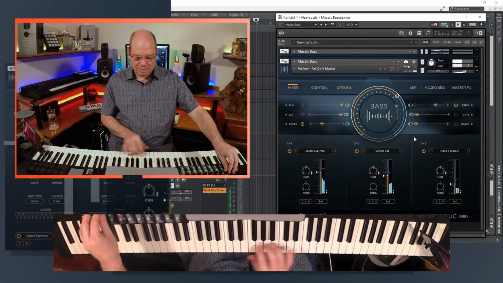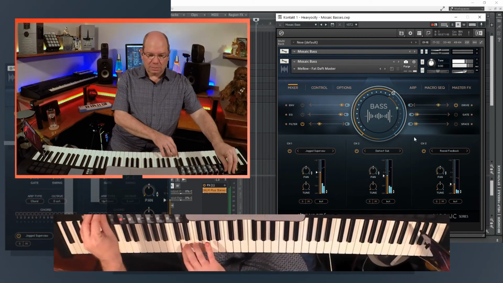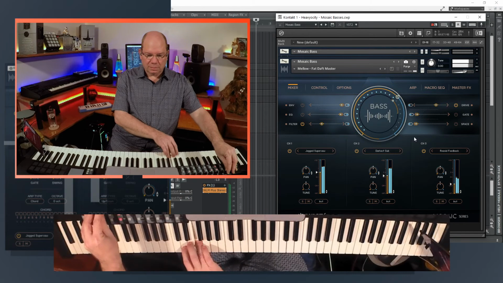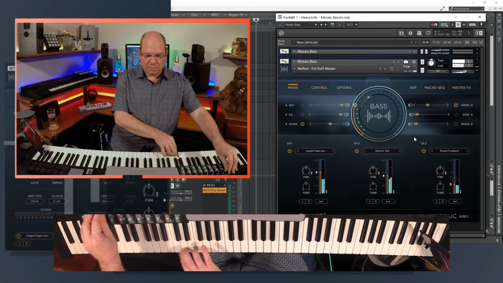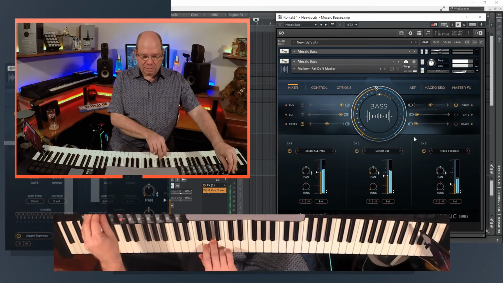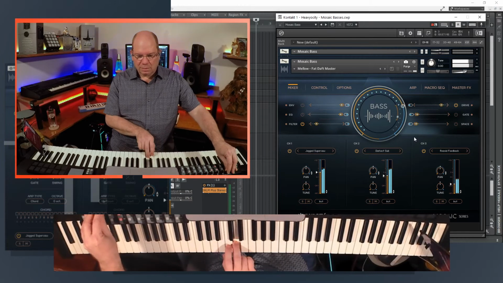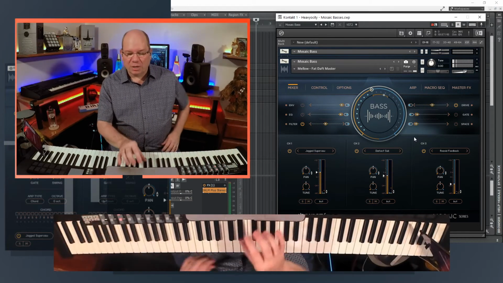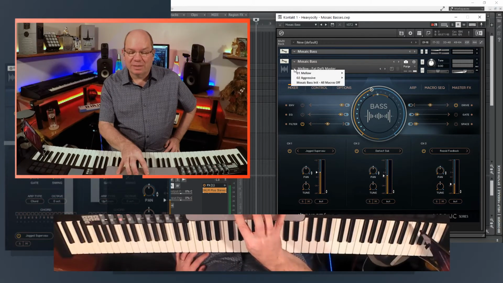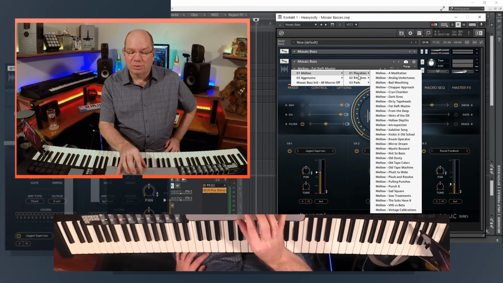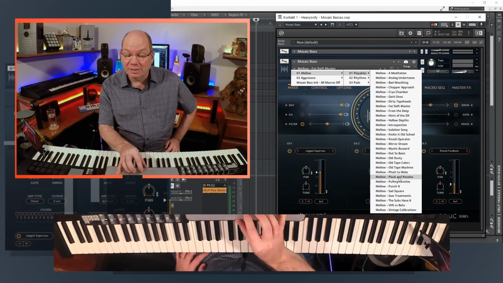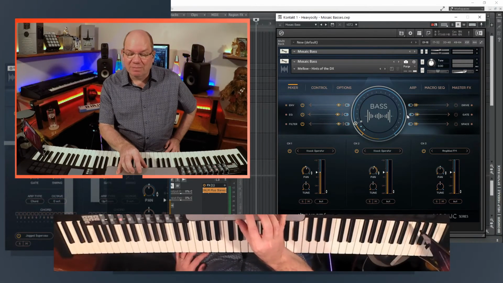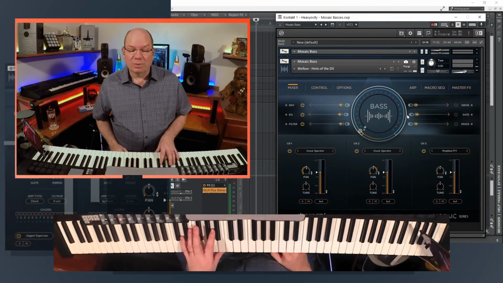Now, all of these you can automate in your DAW as well, and in live performance you can map those to your controllers and just really have a lot of fun. Okay, so